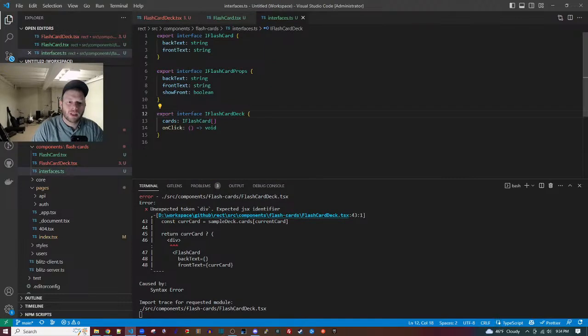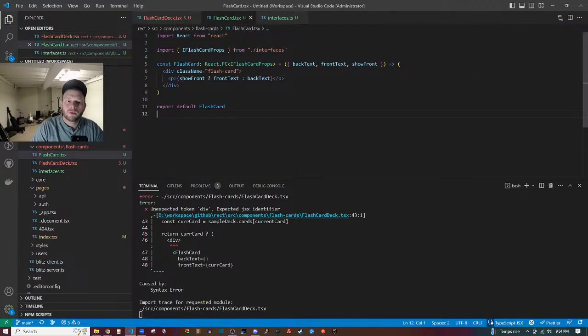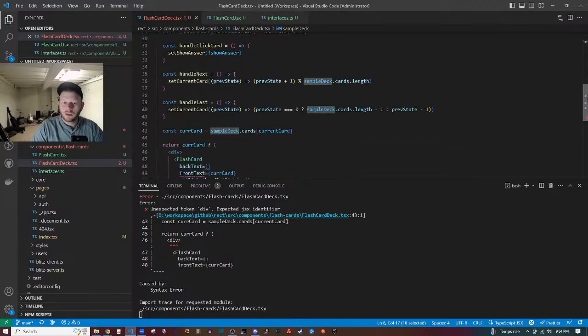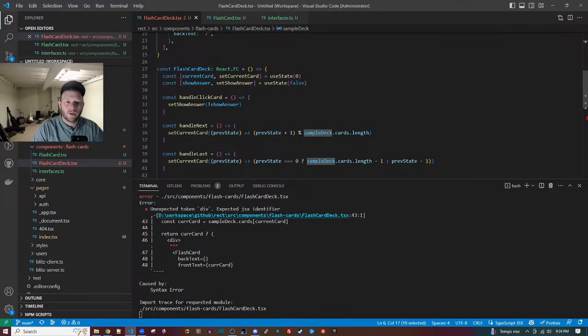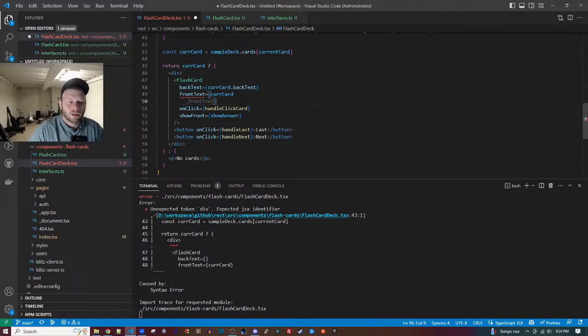We still want this to be the deck, but the deck will take the card. Yeah, so now we should be good, right? On click is missing. On click is missing. Right. So again, the data does not have the on click. The component has the on click, and that's just typed this way. Okay, cool. That works. And then here, this is per card dot backtext, and then per card dot